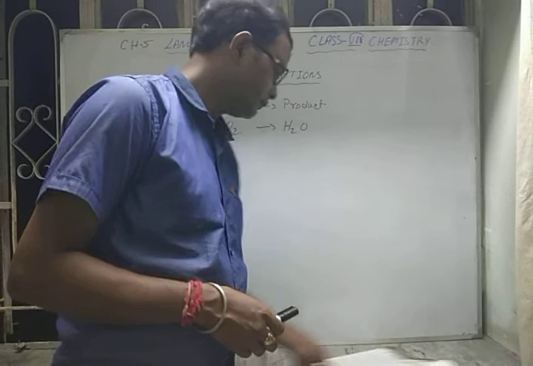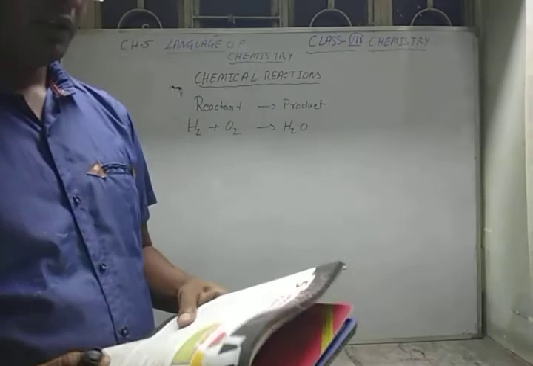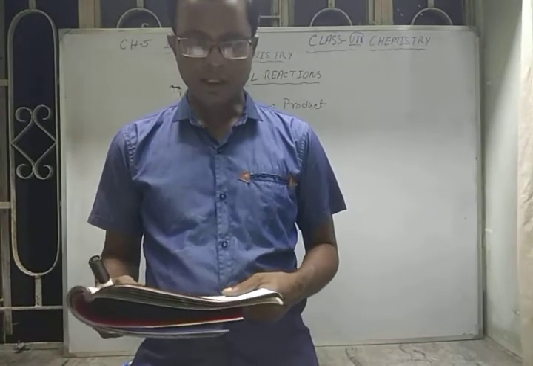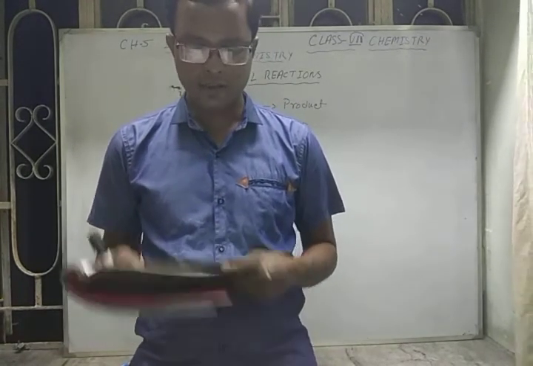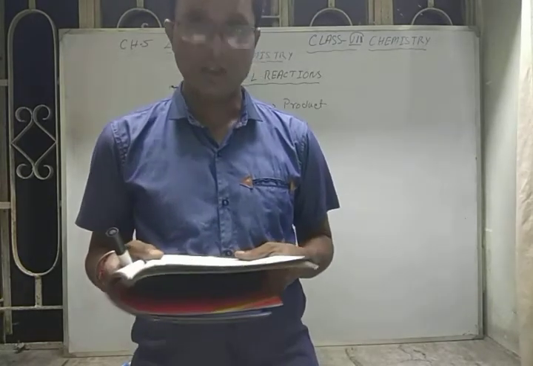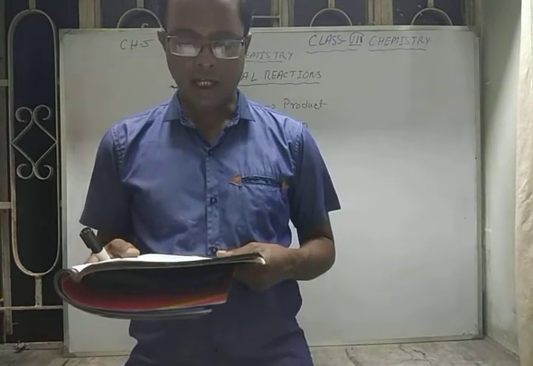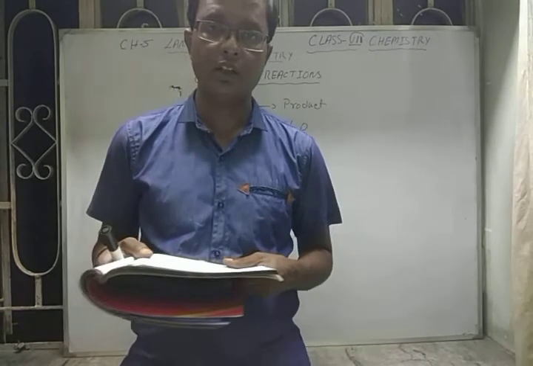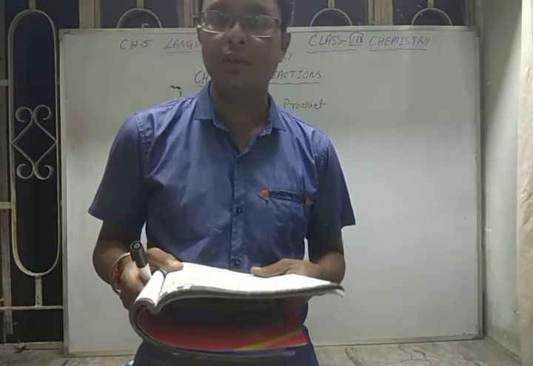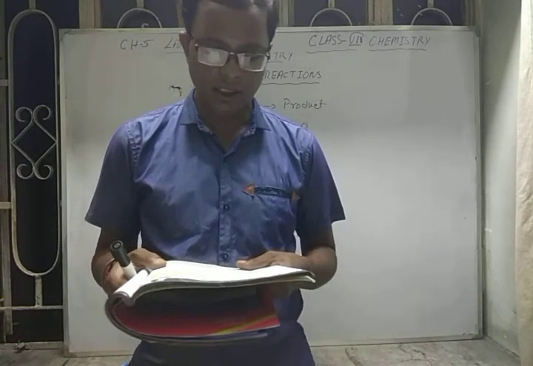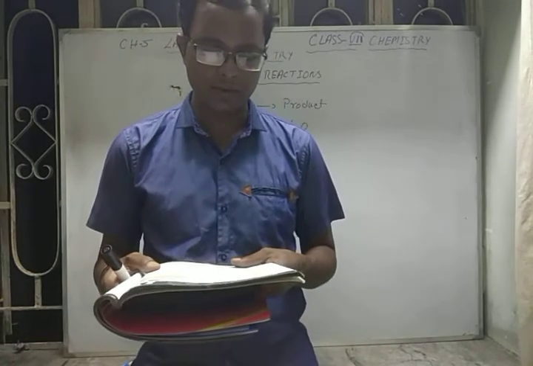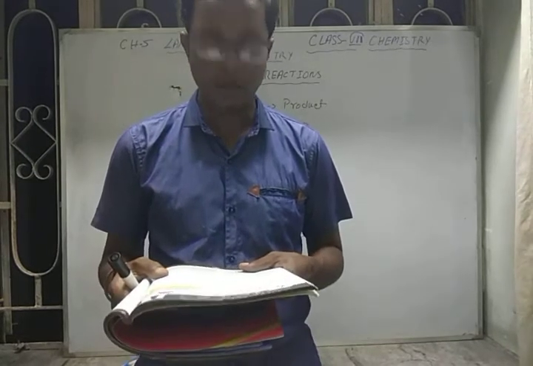So in an atom, electrons are distributed around the nucleus. We have seen that in the last chapter. The arrangement of these electrons around the nucleus is called electronic configuration. So in a chemical reaction, the electronic configuration of the participating atoms changes so the new substance becomes a stable configuration.